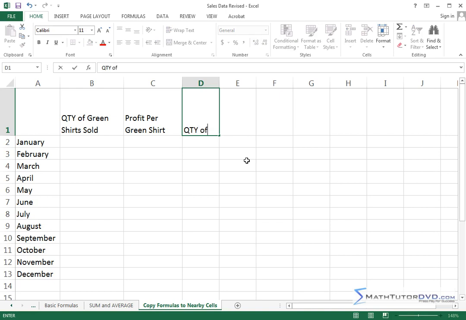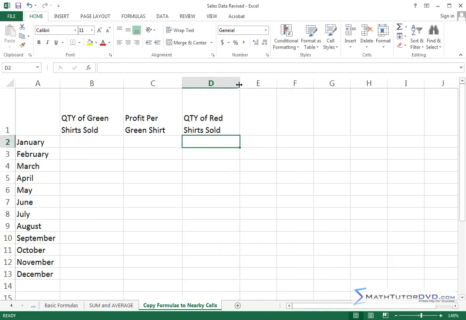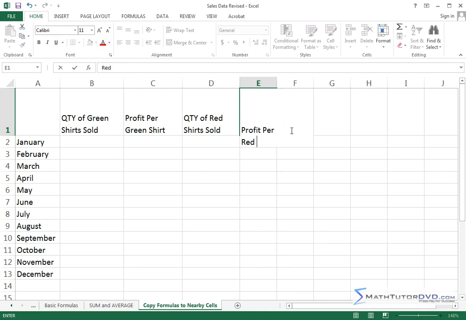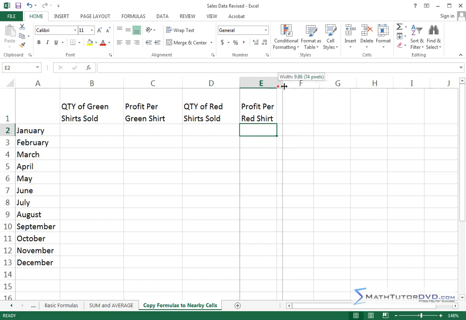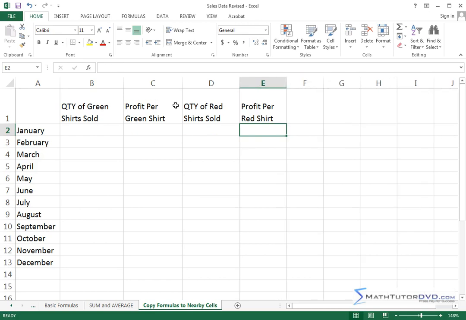So we'll put quantity of red, Alt-Enter, shirts sold. I'll bump this column out just a little bit. And then I'll say profit per red, let's do Alt-Enter to pull it down, red shirt. All right, so profit per red shirt. So we have the quantity of green, the quantity of red, and we know the profit we make on each